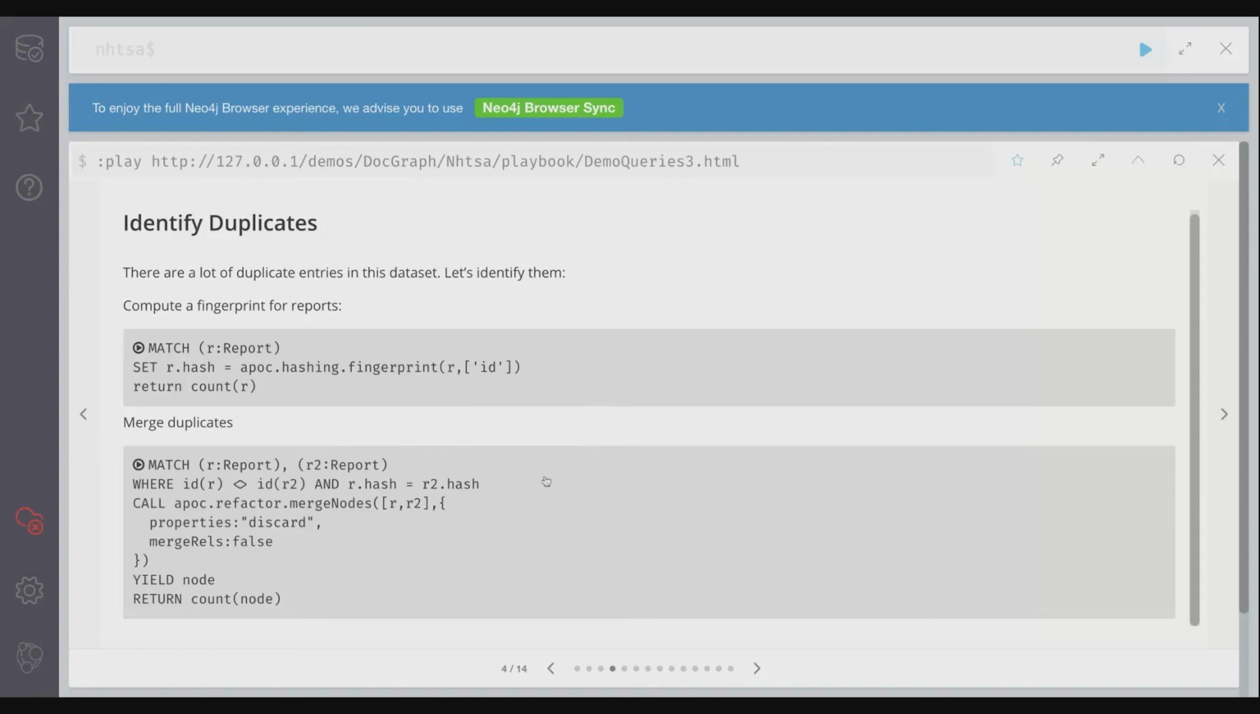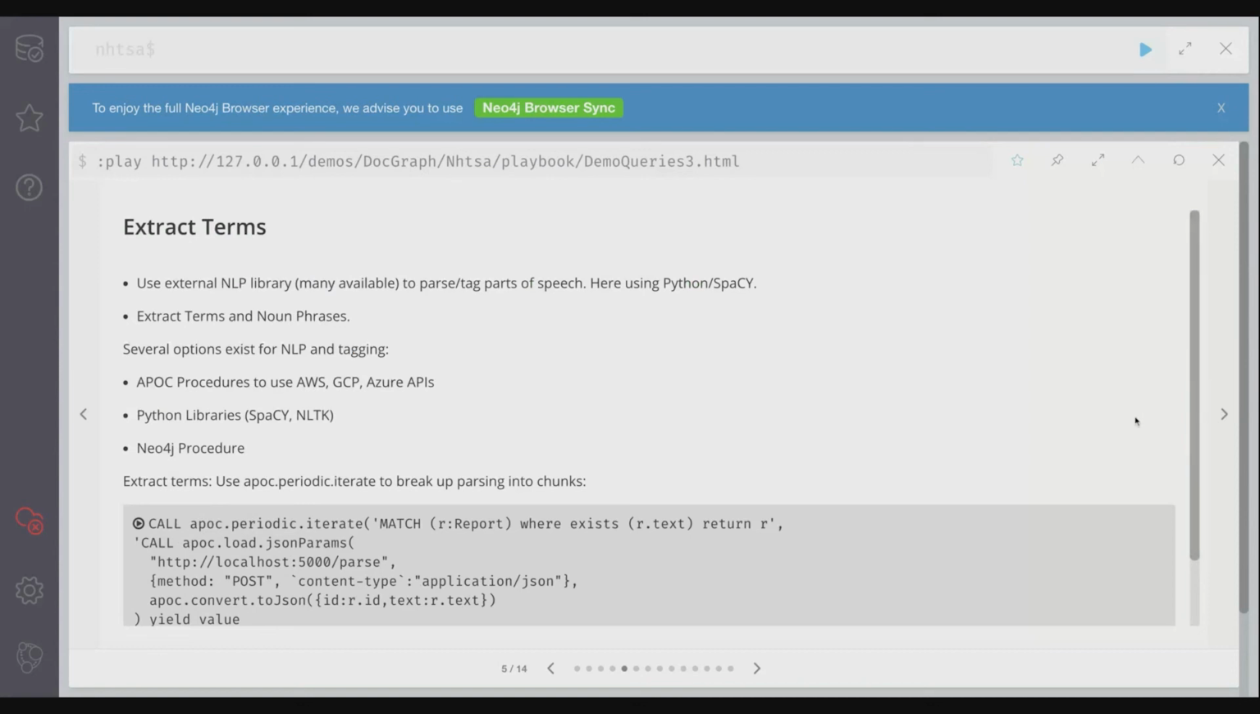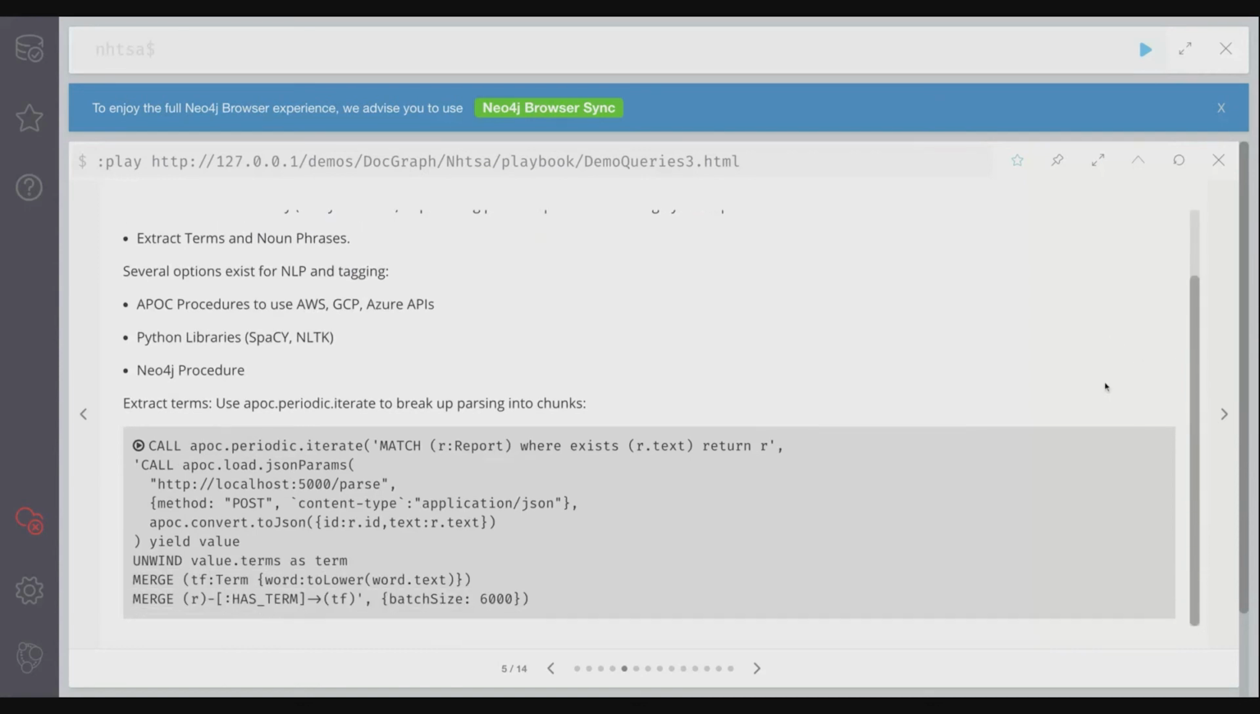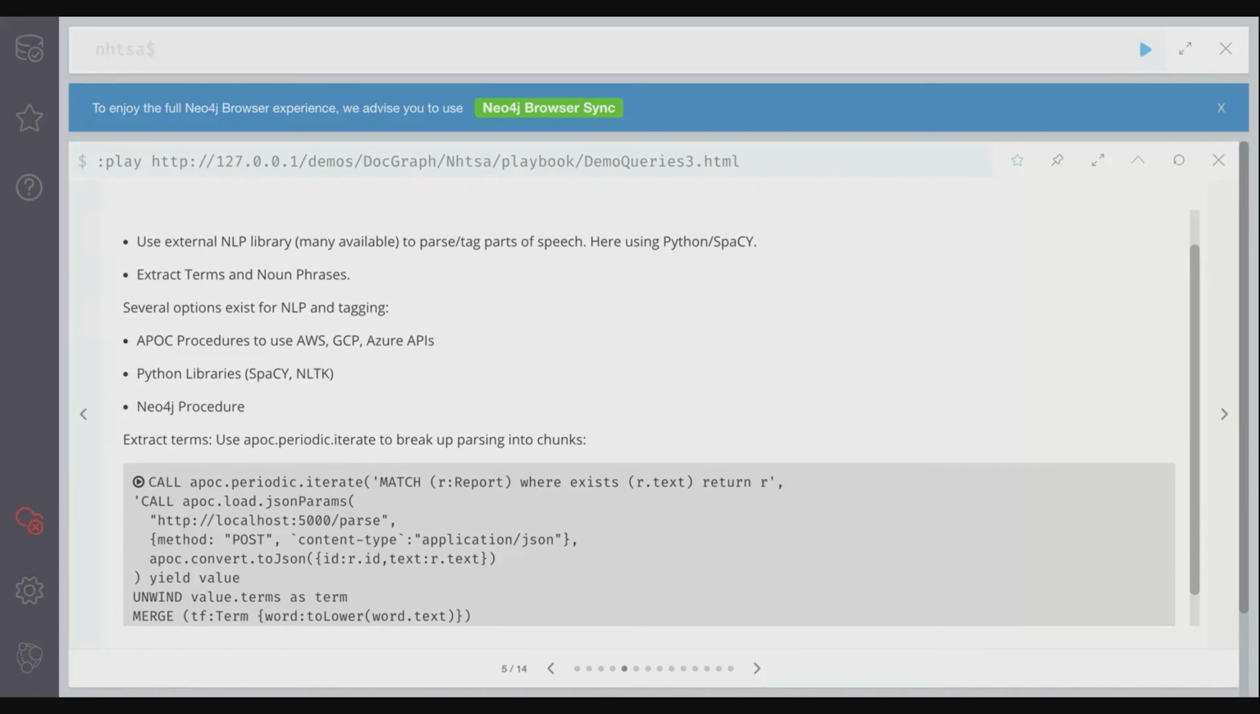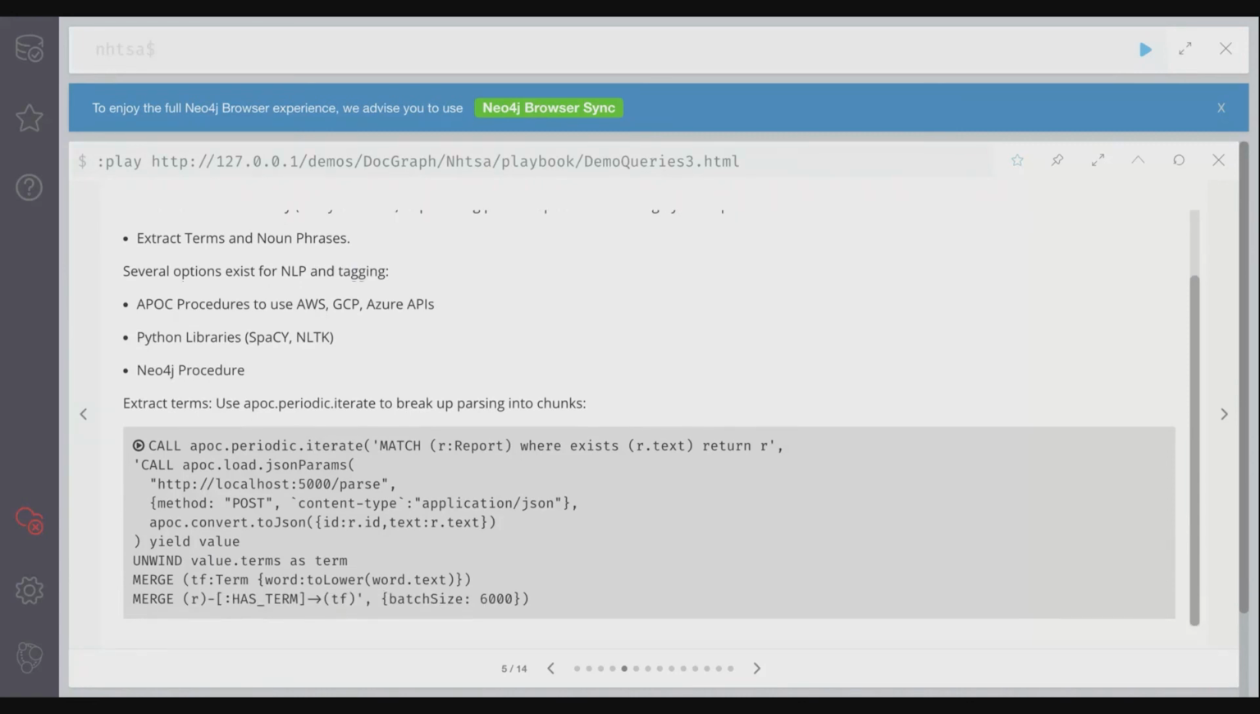So here we're making some adjustments to resolve duplicates and merge those together. So a very simple step. We've already sort of done that in our pre-work here. So the next step, again, that we've already sort of pre-staged, but we want to take the unstructured